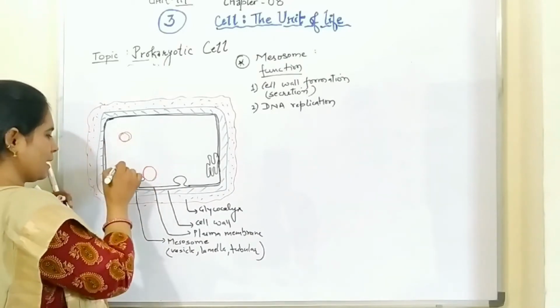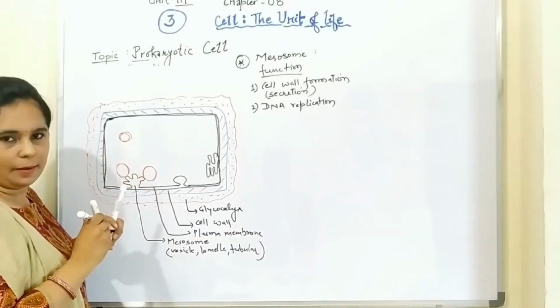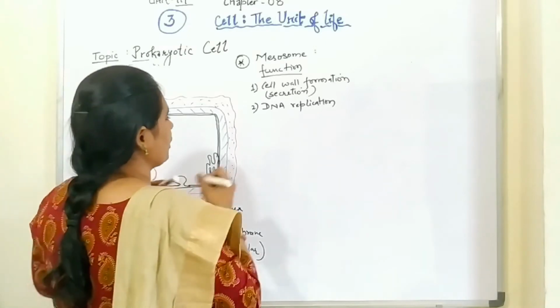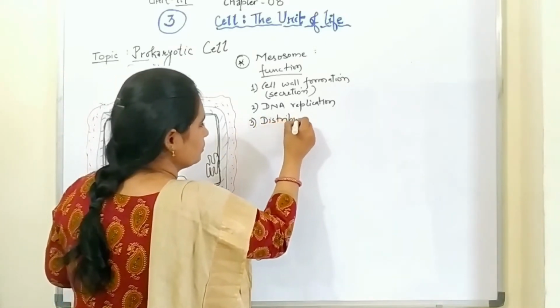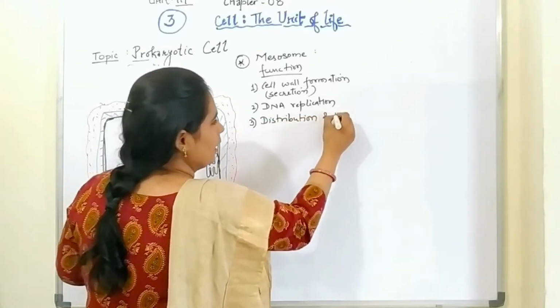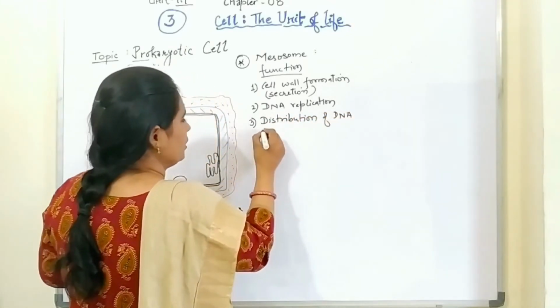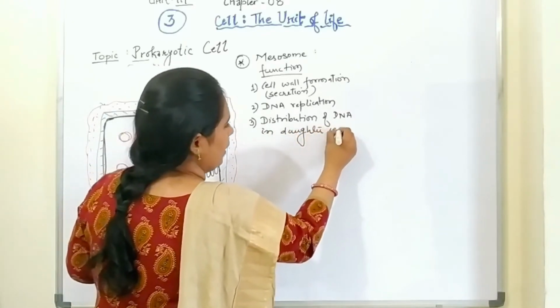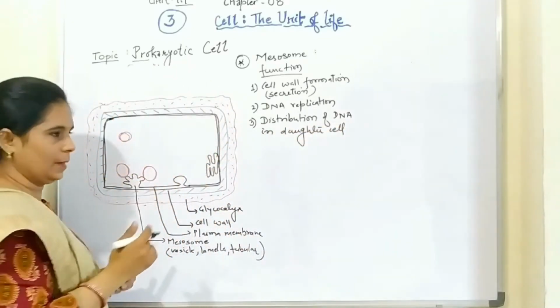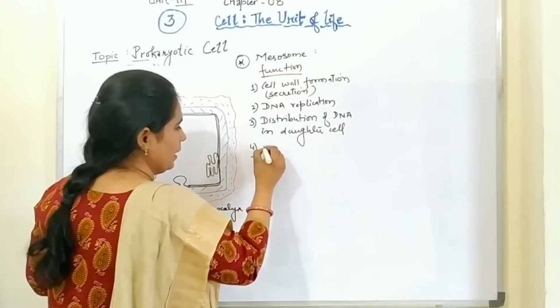Means ये एक से दो बना देगा. Fine. So DNA replication हो गया. Then distribution of DNA in daughter cell. ठीक है? तो daughter cell में ये distribute करने में भी help करेगा. Fourth one is, it helps in